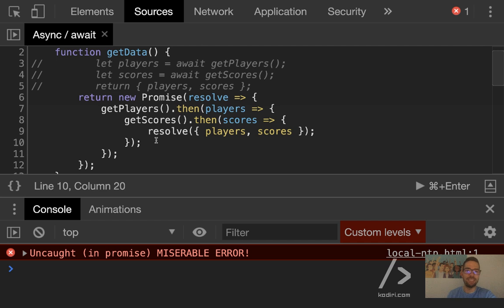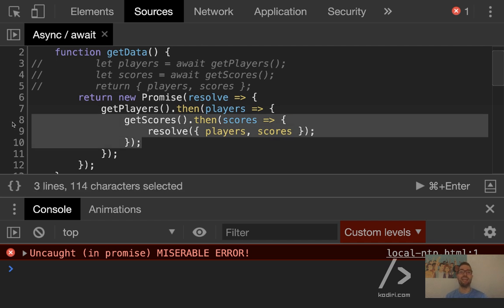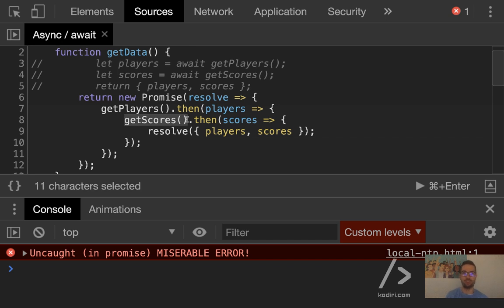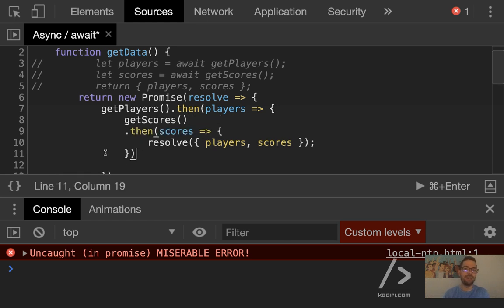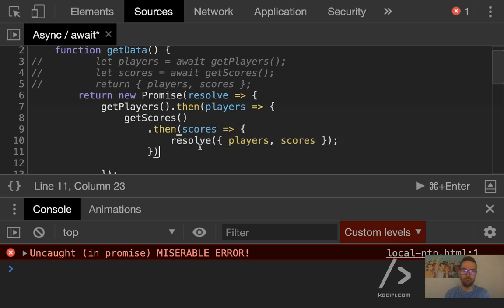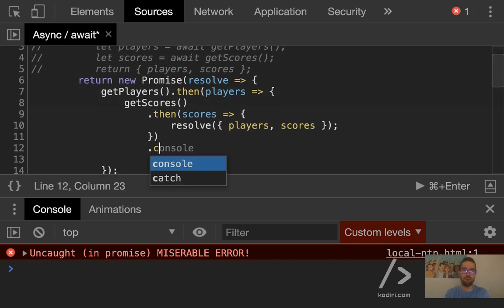The error happens in line number 8 to 10. Why? Because in here, getScores is not catching the error, so then it's propagated down. So the way to solve it, and I'll show you a more efficient way to do that. I admit that it may take a while, it's a bit complicated sometimes to deal with promises, but if